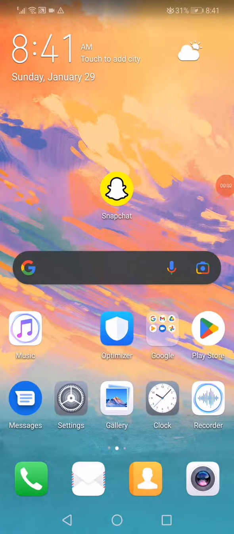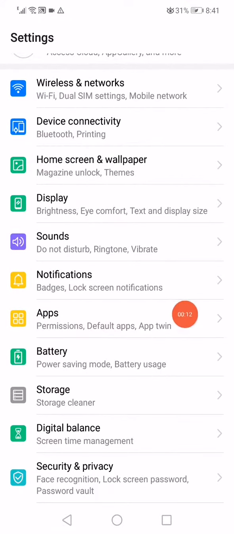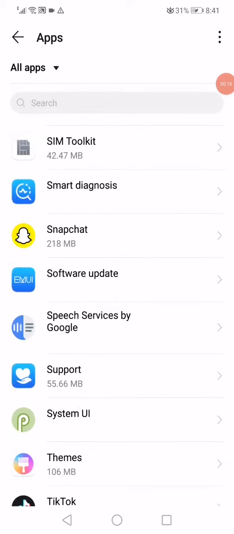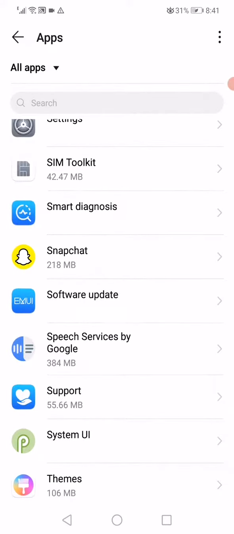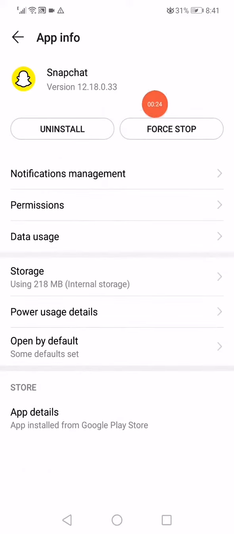On this short tutorial, guys, I'm gonna show you how to fix Snapchat messages updating problem. First thing, open the settings on your phone and then go to the apps manager. When you open the apps manager on this page, as you can see, we'll find all the apps that you have on your phone. Click on Snapchat like this and then click on force stop here and go down